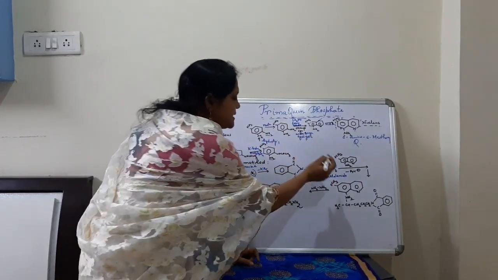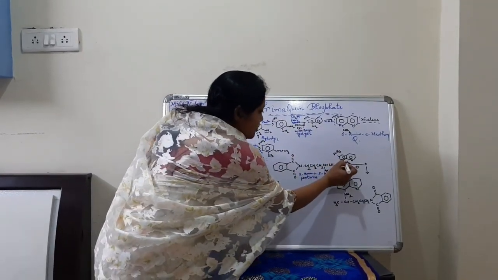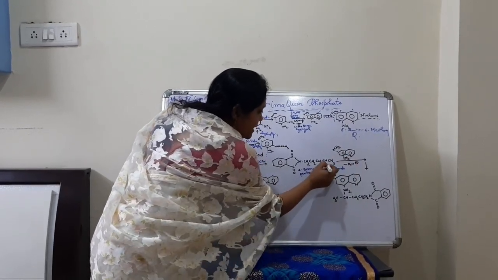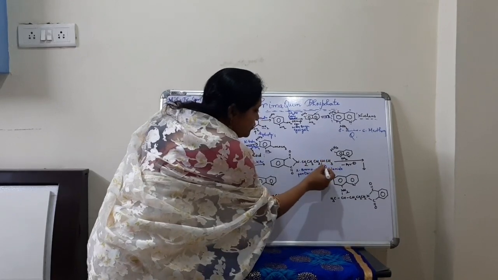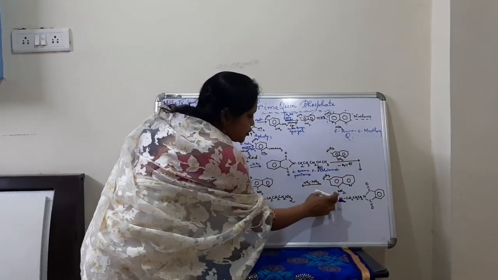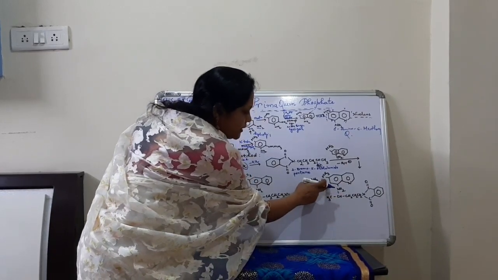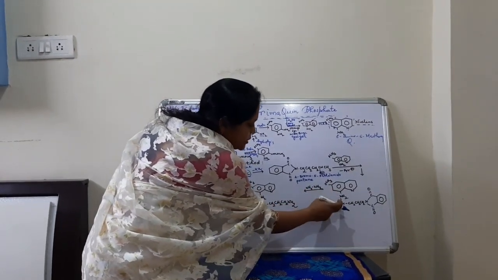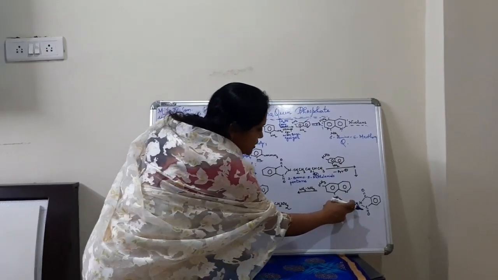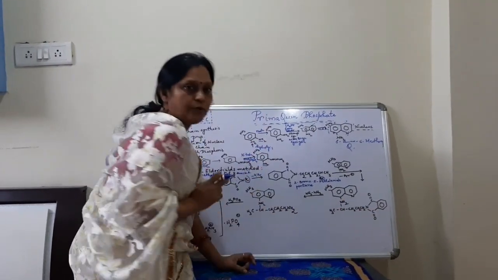and react, this NH2 here has a lone pair of electrons, so it will remove Br minus from here, and the whole side chain will add up in this NH2. So you can find here now in the quinoline ring, from the NH2 this side chain is attached: CH, CH3, CH2, CH2, CH2 and the phthalimido group, right?